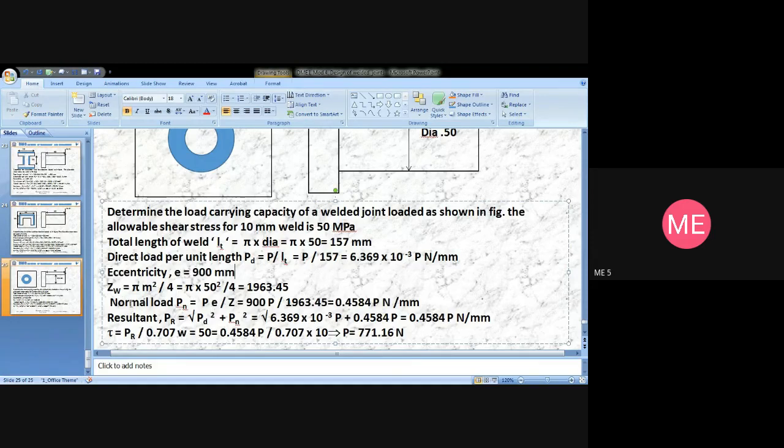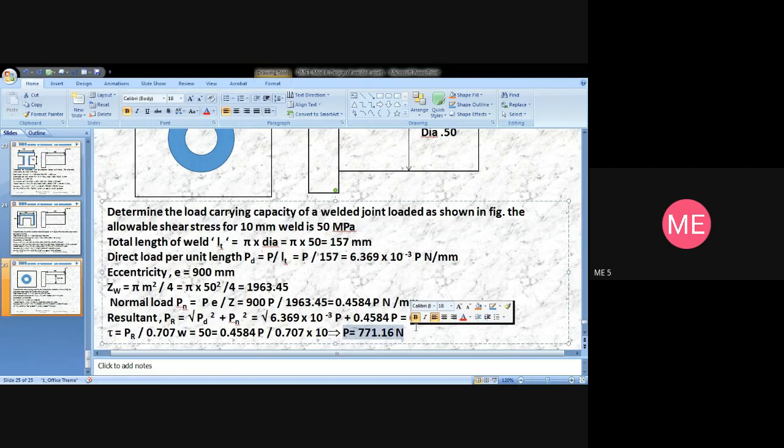Then find out normal load, resultant load, direct load, all in terms of P. And then finally substitute in tau equal to PR by 0.707 W. So W is known, 10 mm, PR is in terms of P, tau is given as 50 in the problem, right? So solving that, you will get